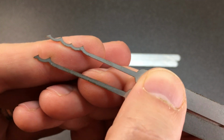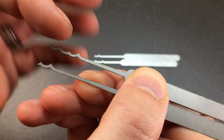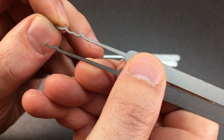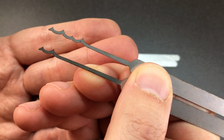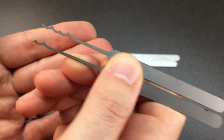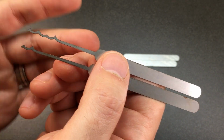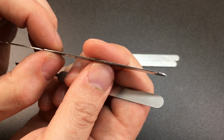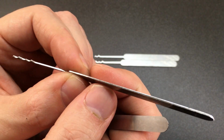It's because even though the material is wrong and there is no post-processing, there's no tumbling or finishing or filing at all, it does allow you to see what the design looks like, where there are problems, and even, considering it's completely the wrong steel, try it in some locks using light tension and see where you get to. Why light tension? Well, this is